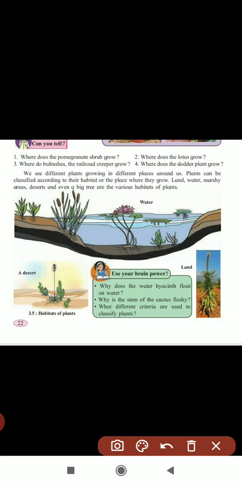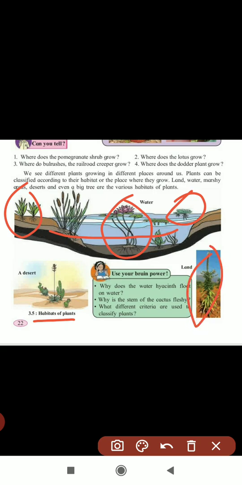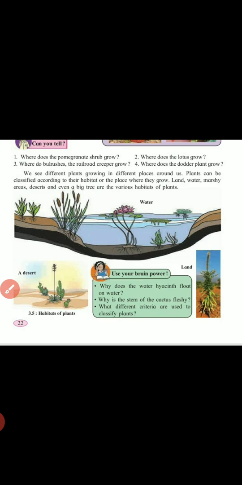Yes, so here they have shown some plants which are growing on this land. Again these are water plants, some are floating, some are inside the water. See here, these are all water plants. Again here the desert plants, how they are growing. Again the land plants. Means according to habitat the plants are also changing. As the area changes, the plants also change. Some are growing on the land, some in the water, some in the desert area. So depending upon the environment the plants can grow.